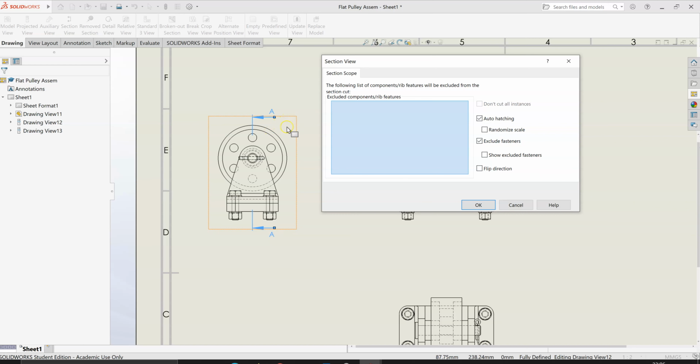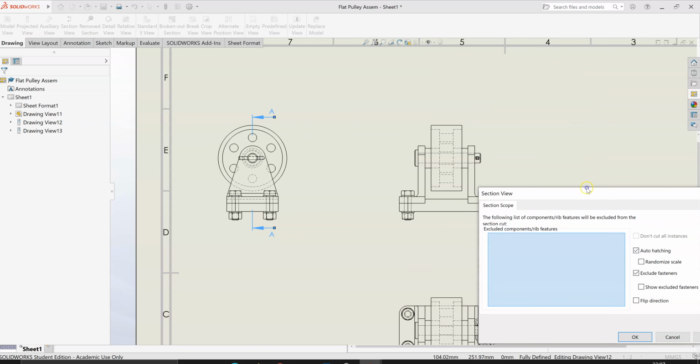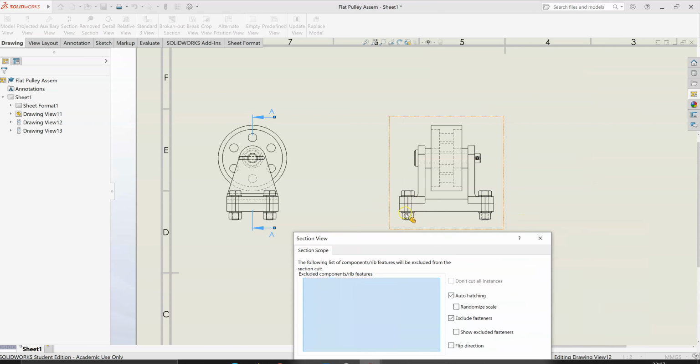The section scope allows you to choose items to include or exclude from the cutting plane. So by default, it's going to put a cutting plane down through the part here. By default, every single item, every part that intersects with that cutting plane will get cut in half for the sectional view. That may be what you want for a simple part, that might be fine. In the case of an assembly here, where we have, let's say, fasteners, for example, so your nuts, bolts and washers,